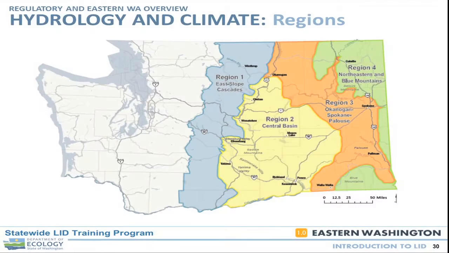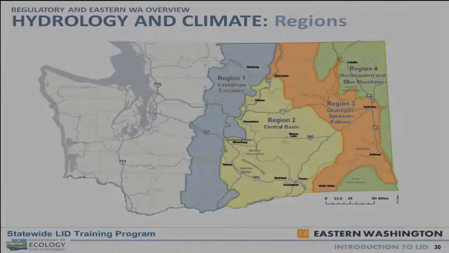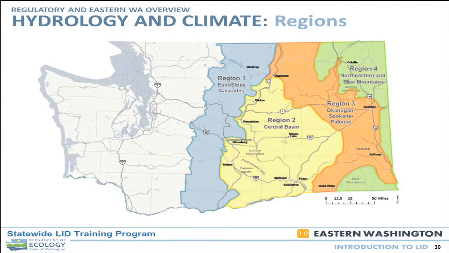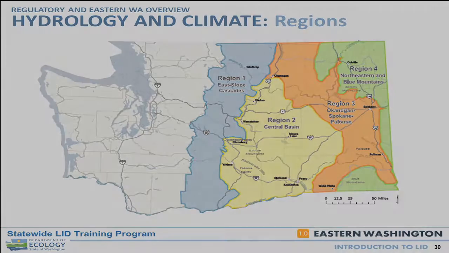Certainly what really defines that is what are the local conditions? What are the limitations for whether low impact development is feasible or going to work in the context of your projects? So this is just a general map. There are generally 4 climatic regions in Eastern Washington, so we can't just talk about Eastern Washington in a broad scope and say it's all the same. We're right around region 2, 1, and 3 actually, kind of a transitional area here. From a climate perspective, there is a lot of variation in how much precipitation falls in Eastern Washington,